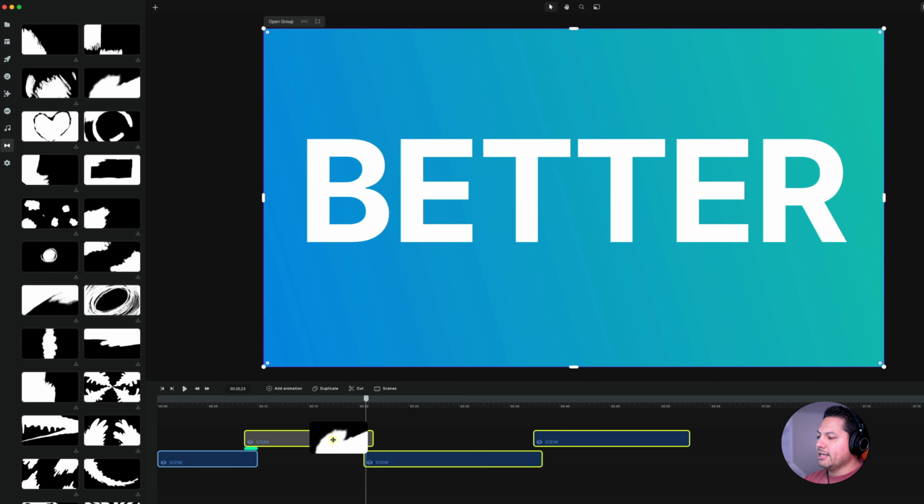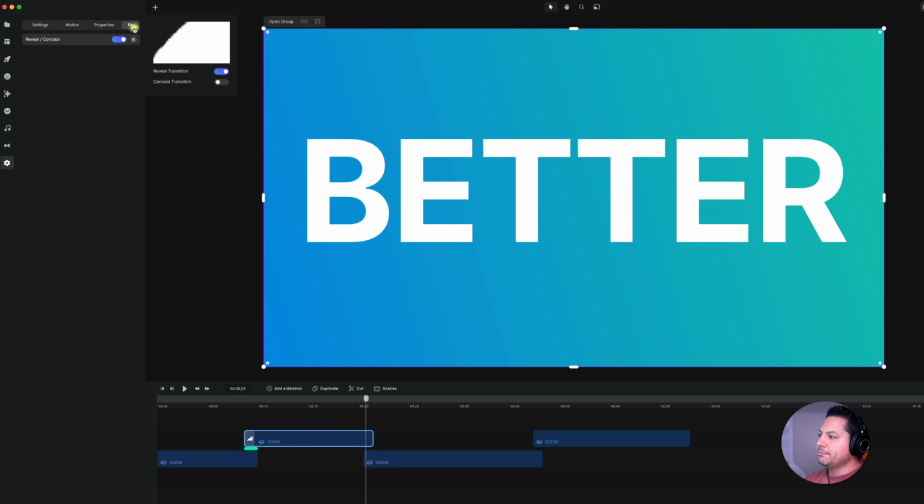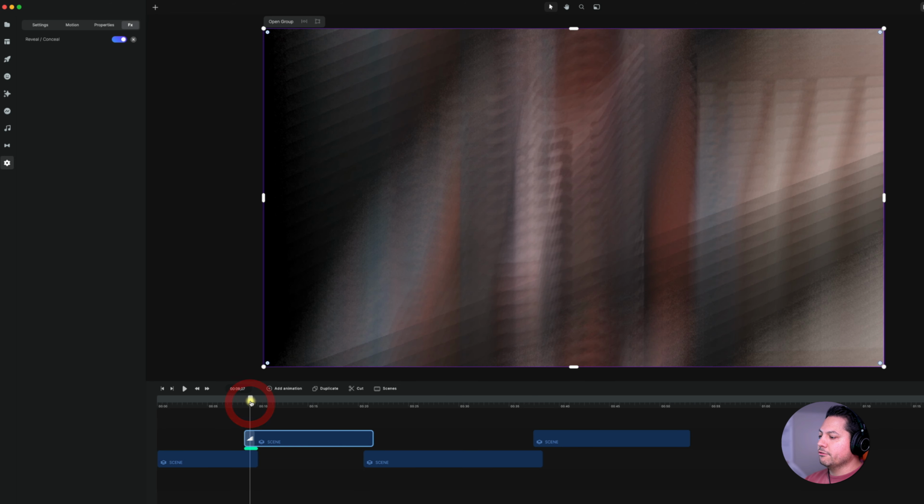So what I can do is drag him onto this scene here, and you'll see that it opens up the effects panel here on the left-hand side. And here is my reveal conceal effect. So I can turn this on and off if I want to. Then I do have 2 options, right? So I can use this as a reveal transition, which is trying to play at the front of my clip here,